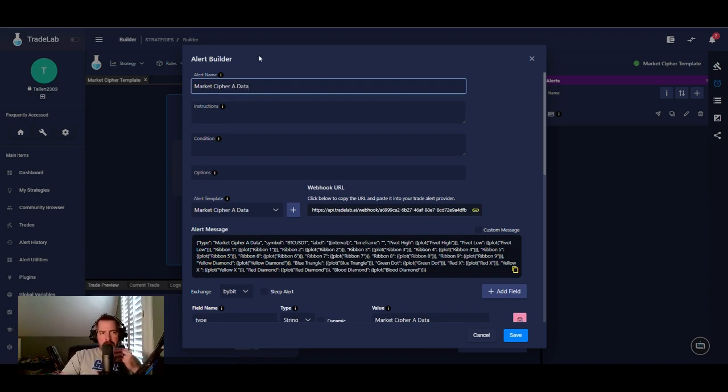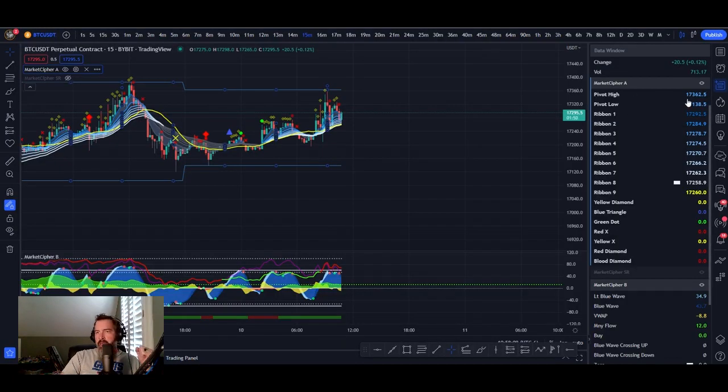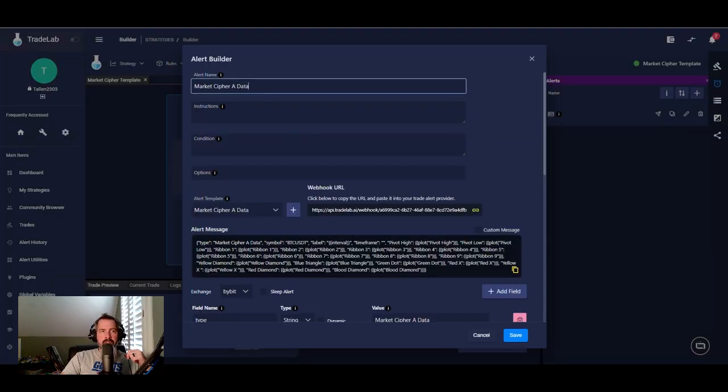So the way to get this to populate into Tradelab is you have to find a number where there's always a constant value coming in. So here we got pivot high. That will always be there. So what we'll do is we'll say